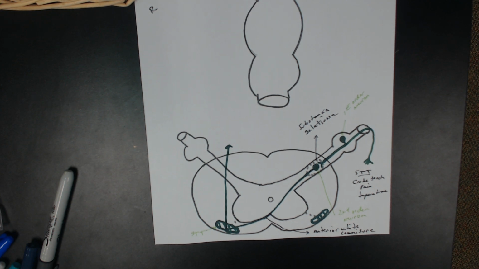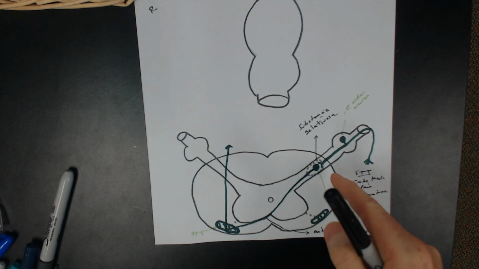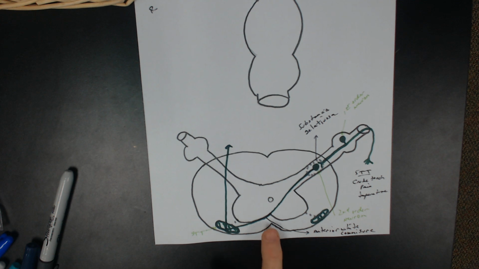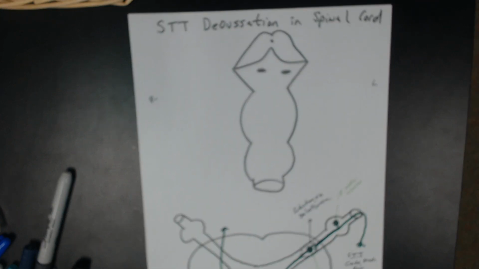Okay, like I said, this one's pretty straightforward. Nothing too tricky. You come in, you synapse in the substantia gelatinosa, the second order neuron sends out an axon, crosses over at the anterior white commissure, hits the spinothalamic tract, and then just travels on up the spinal cord. Okay, and what I've done here is on the same page I was able to put the